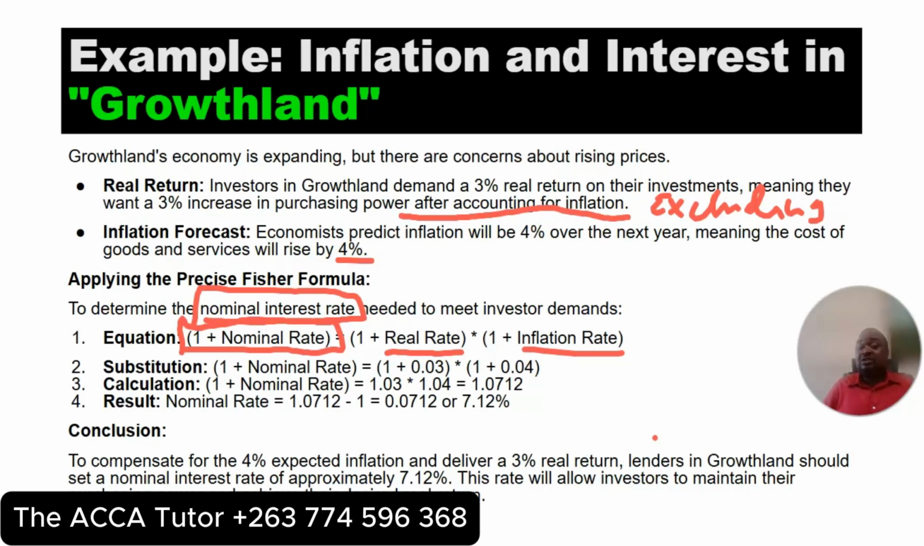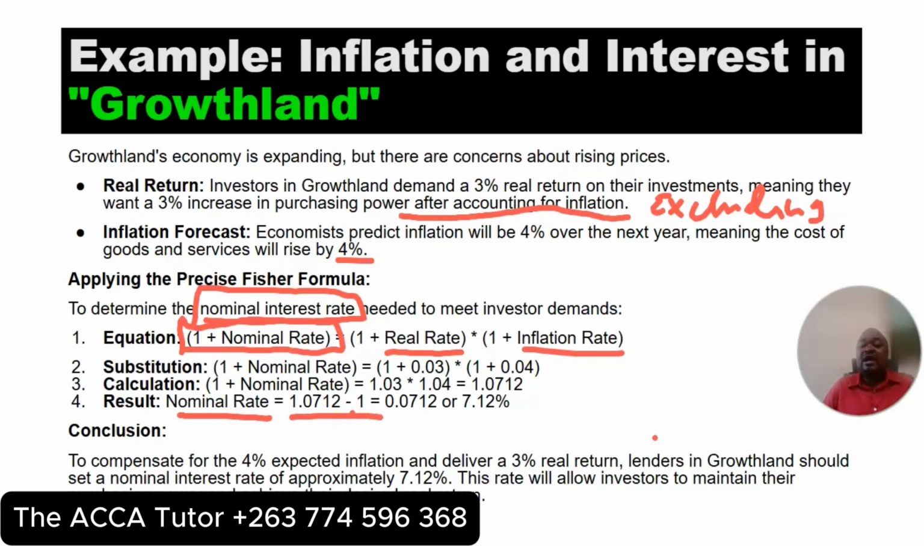So let's substitute the figures into the text. First of all, because we don't have the nominal rate, we'll ignore that, but we need to put it in the formula because by the end of the day, that's the variable we are calculating. So 1 plus nominal rate is equal to 1 plus 0.03, which is the real rate, multiplied by 1 plus 0.04. And if you continue to solve, you're going to get the nominal rate, which is equal to this